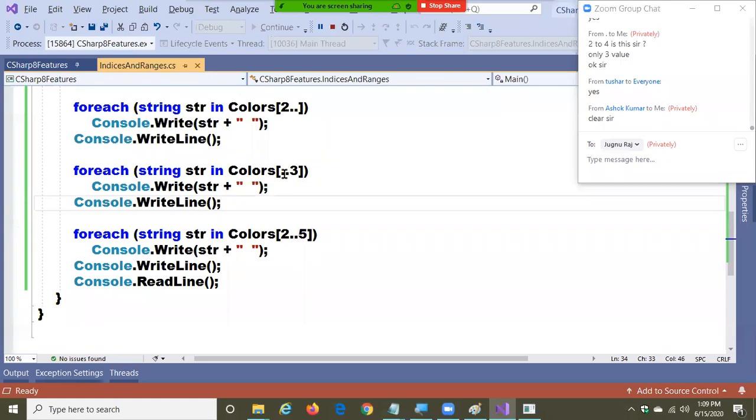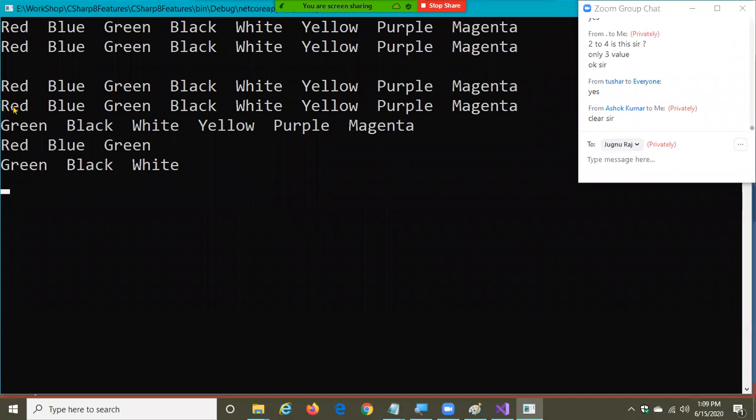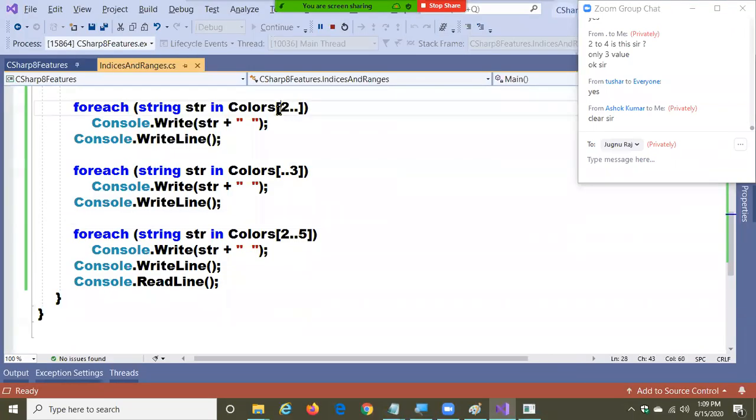And here also, what is this? This is going to start from index position 0. I want 3 items. The second one is always the count. 3 means starting from 0, 1, 2, 3. When I use it like this, this is the starting index position.